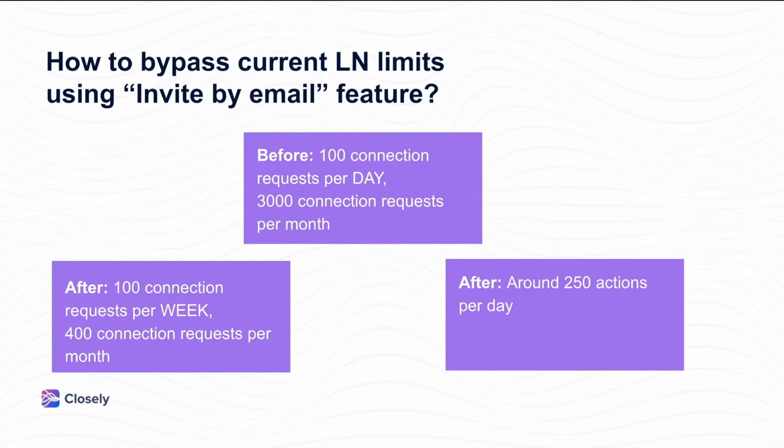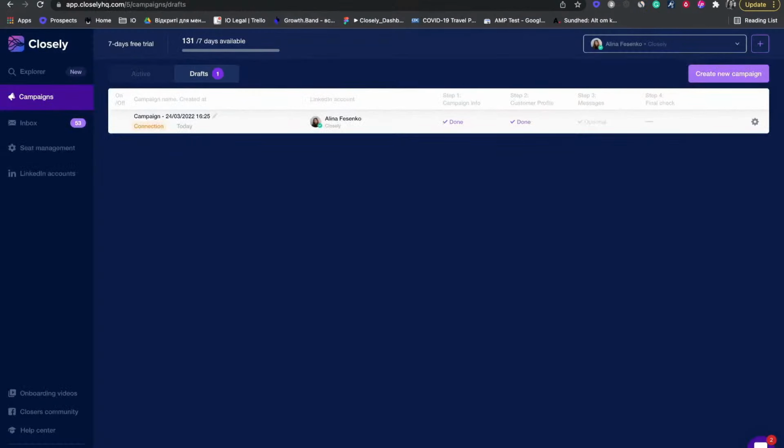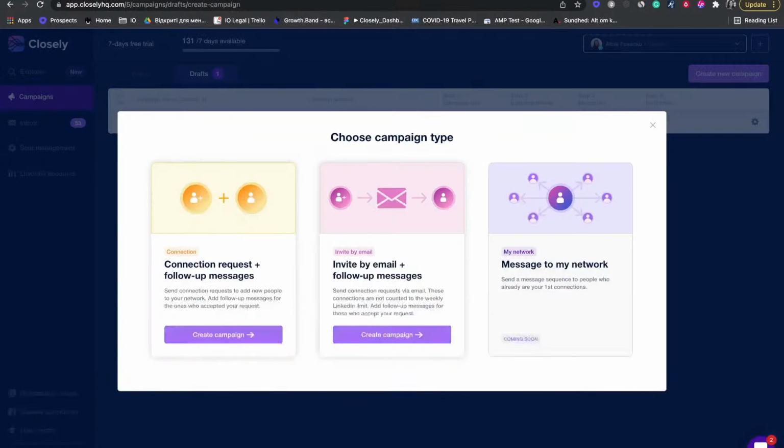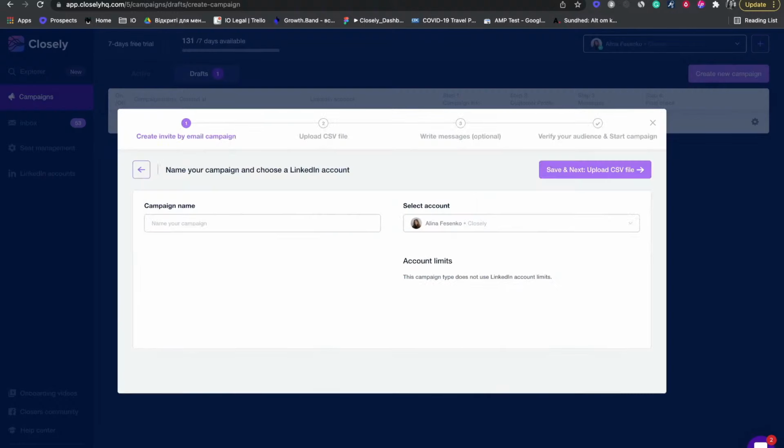Generally, you are limited to around 250 LinkedIn actions per day, including connection requests, messages, and profile views. However, with the Closely invite by email type of campaign, you can bypass current limits and expand your network more effectively, exceeding 1,000 and more connection requests per week. So what you need for this is basically a Closely account and a CSV list with email addresses. Go to your Closely account, click on Create New Campaign, and choose the Invite by Email plus Follow-up Message type of campaign. Next, upload your CSV file